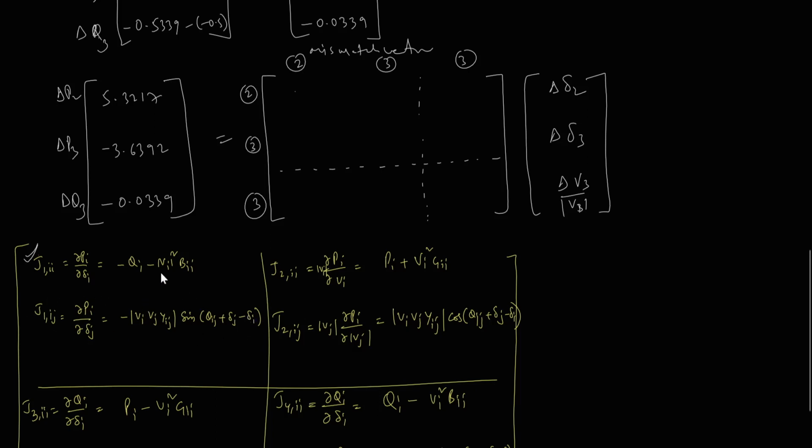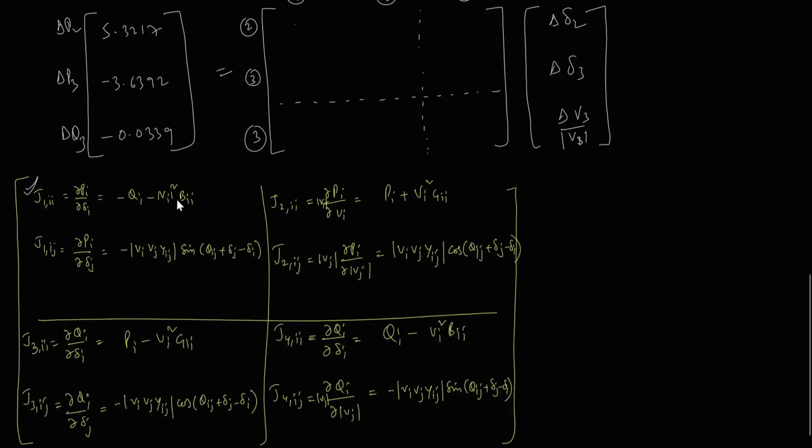Okay, so what I have done is, this equation and this equation are almost the same, so I have represented them by one equation, and these two equations are also almost the same, so I have represented them by one equation. The off diagonal elements all look the same, only the sine, cos and plus minus differ, so I have represented them in MATLAB by three equations, right? Only thing is I have to put properly what i and j are.